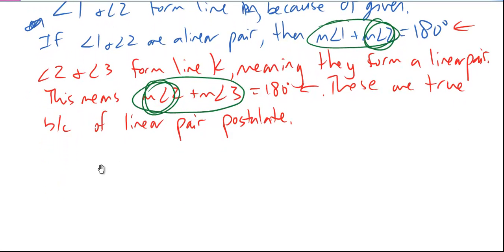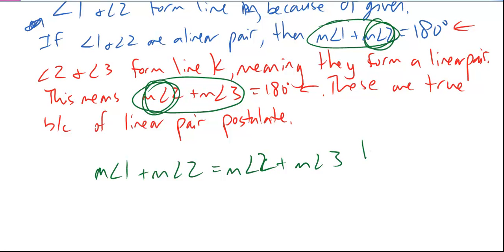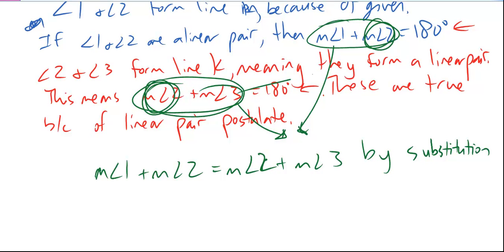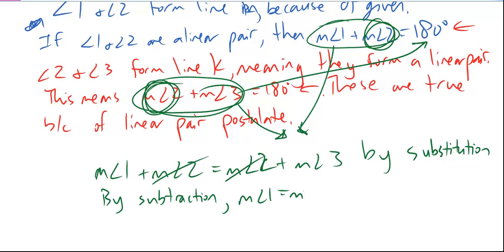And we can do this a little bit more formally with some algebra, right? I can say maybe that measure of angle 1 plus the measure of angle 2 must be equal to measure of angle 2 plus measure of angle 3. I know that these two statements come together to form this one because of what we call substitution. Right? I just took this and plugged it in where the 180 went to show that they're the same. And then you can kind of see how these would cancel out. By subtraction, we can say that these would cancel. By subtraction, the measure of angle 1 equals measure of angle 3, and therefore,